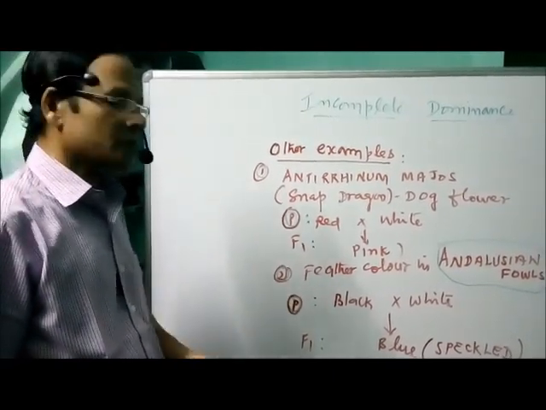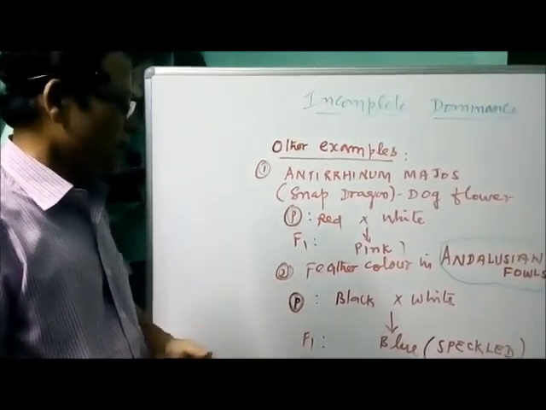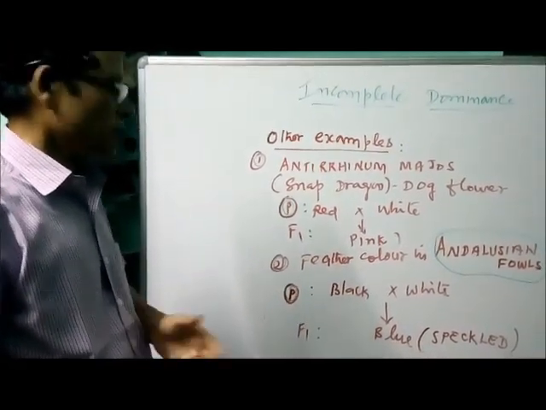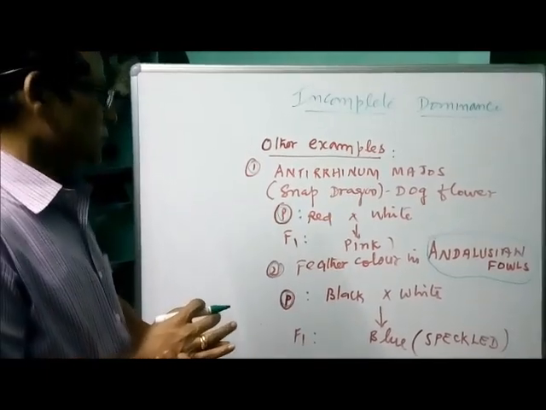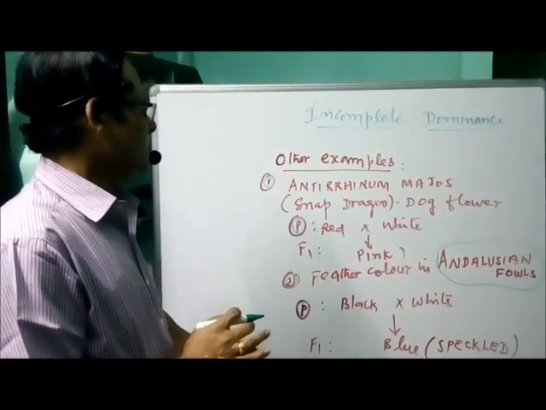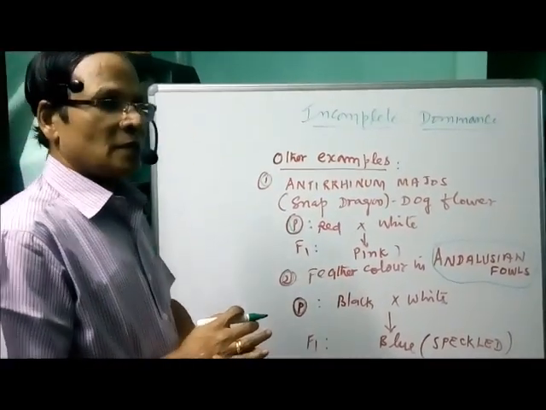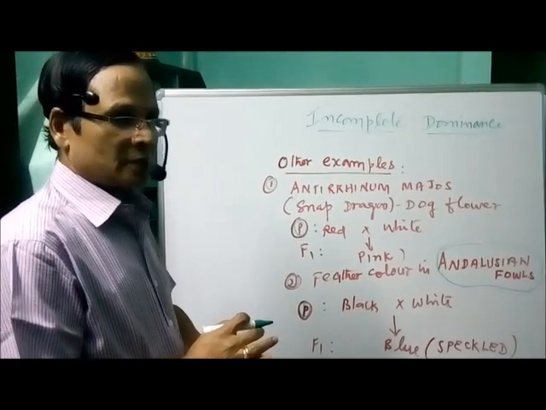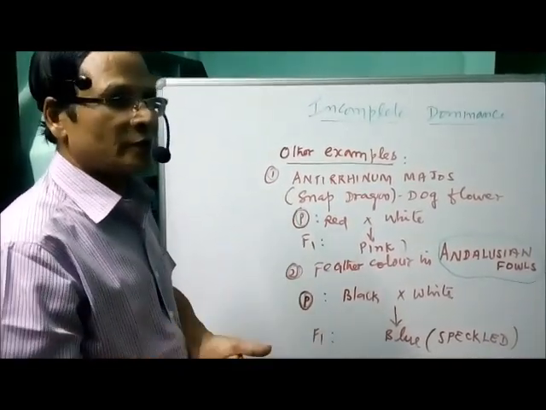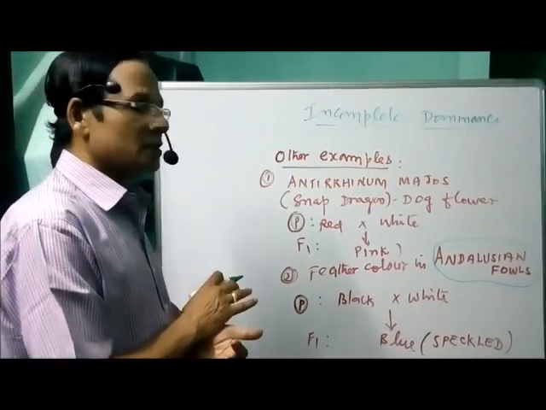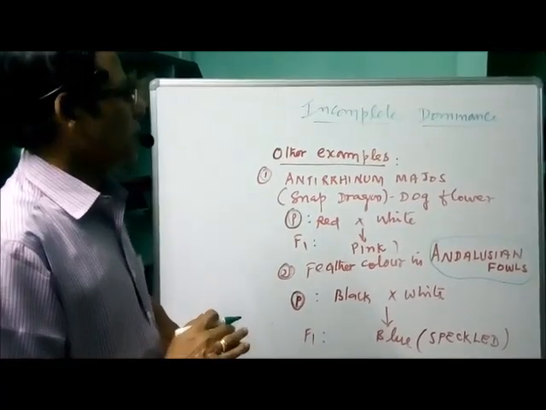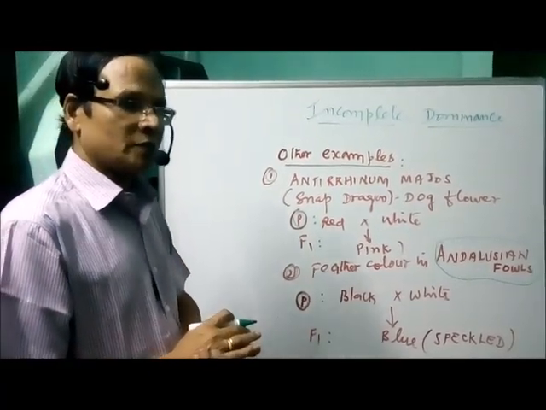This is one example in animals, feather color. The F1 hybrid shows the blue color, an intermediate color. So in the case of complete dominance, one of the parents' characters appears in the F1 generation. In the case of incomplete dominance, an intermediate character appears in between the two parents. In complete dominance, the character resembles one of the parents. We have to go for codominance, the next type. We'll talk